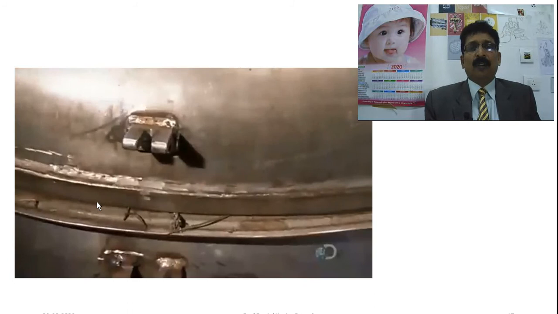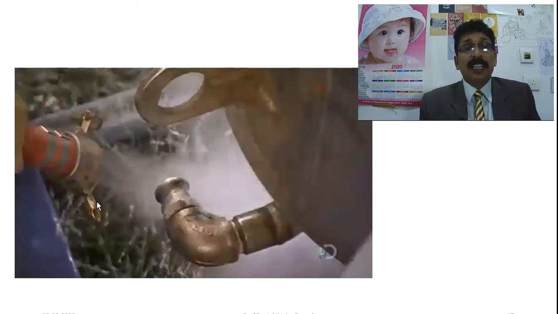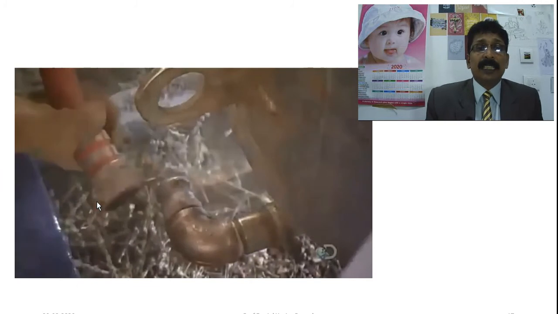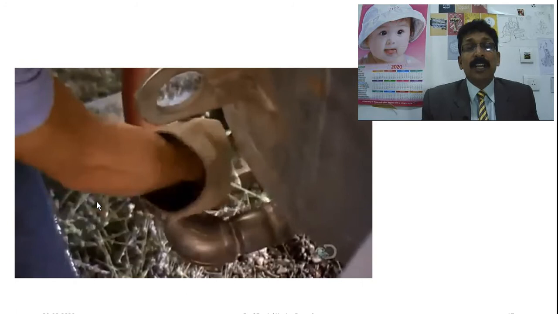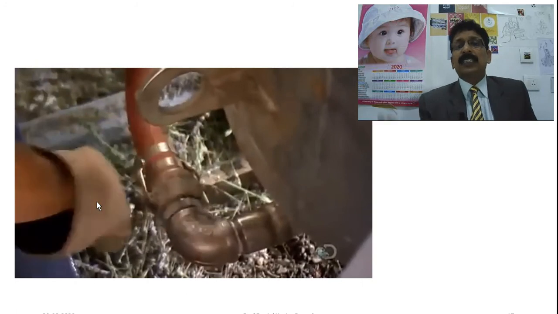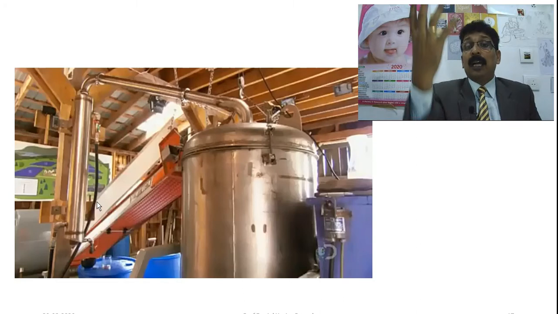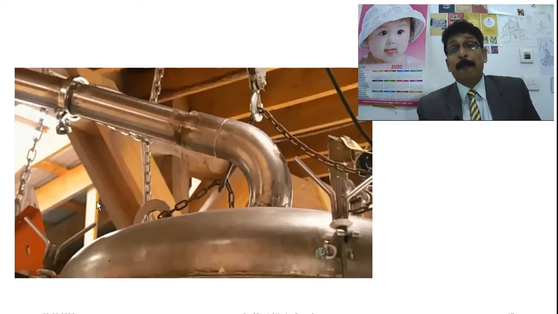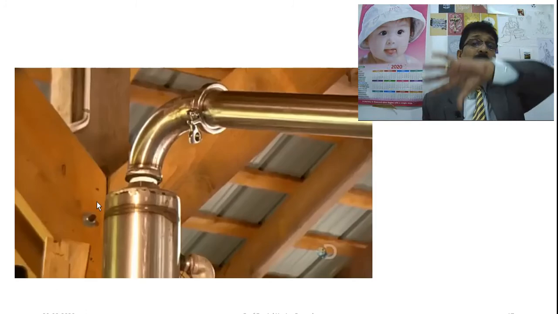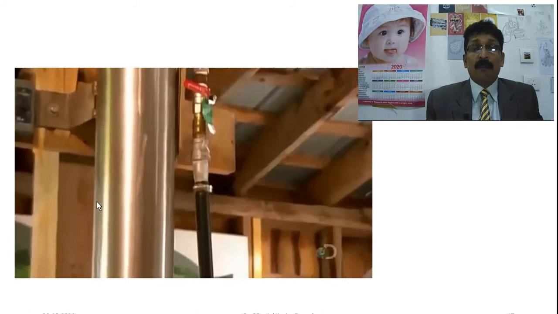He will close it, and then he is supplying the steam from the bottom. You see the steam is connected to the bottom of the vessel. The steam passes through the plant, the leaf, the stem and the flower which you kept in this chamber, and takes the volatile oil,